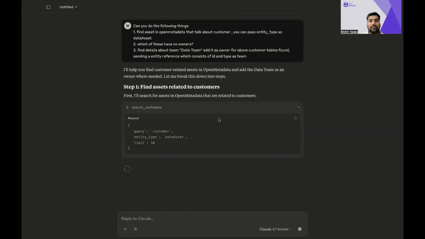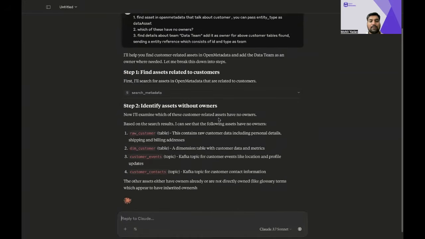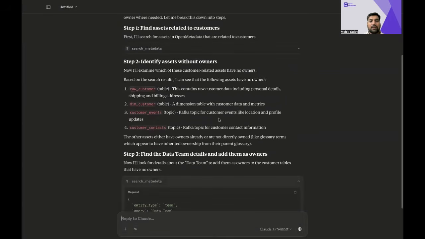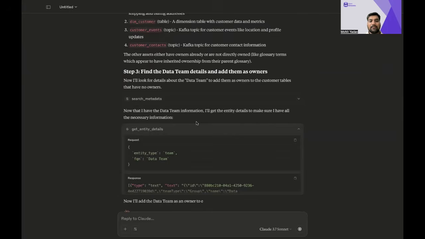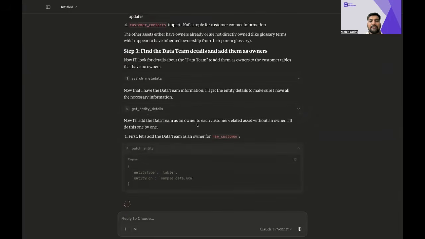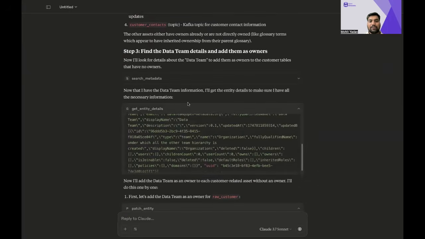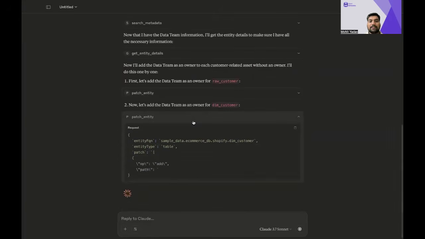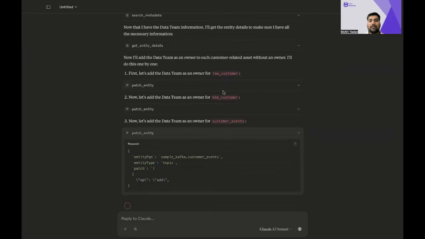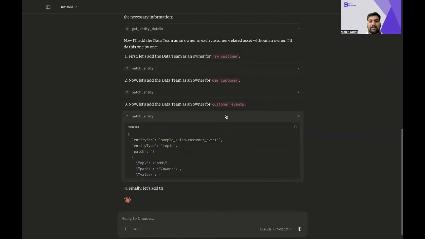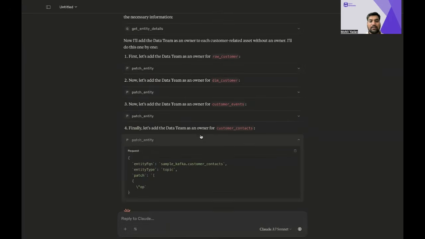Okay, it's trying to look for the customer tables first using the search tool that we have. So it got 4 tables that match the criteria, and then it fetches the data team information, and then it's trying to patch the information about ownership for these different customer asset tables we have.